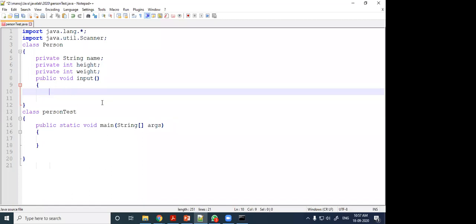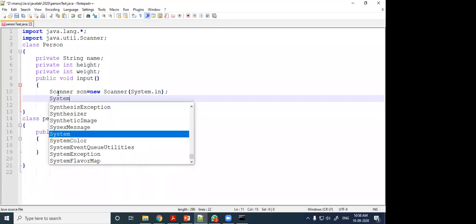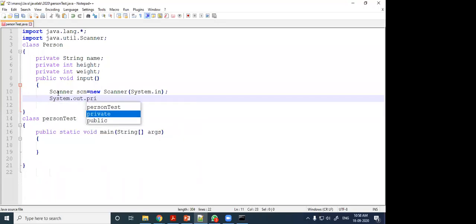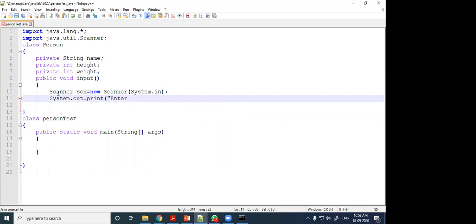How can we define the scanner object? System dot out dot println, or print, enter name.